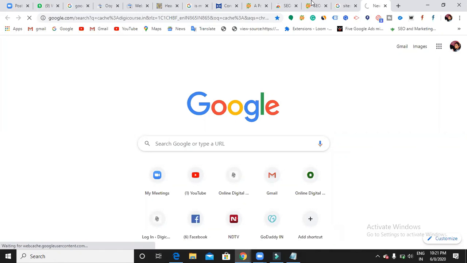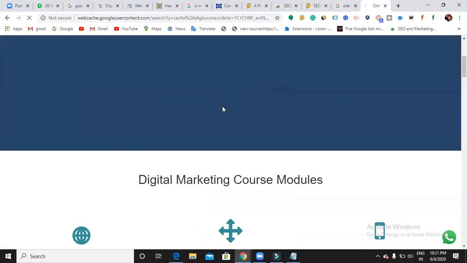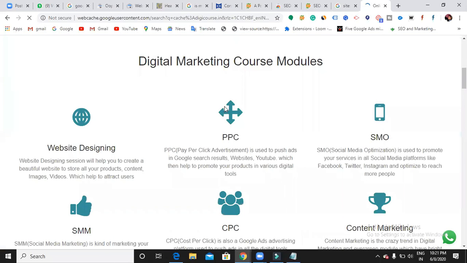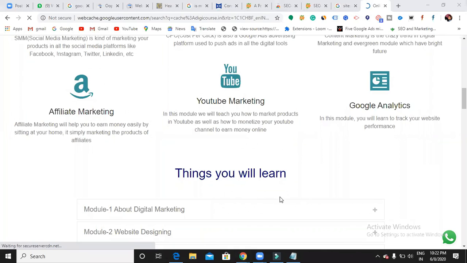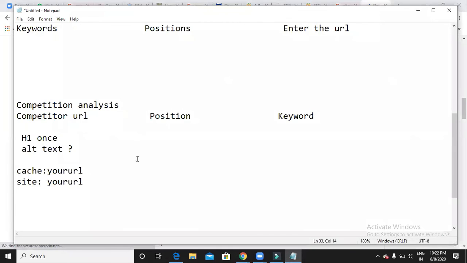So now can you see, when I search with the website.com, it is showing me that it appeared on 7th June 2020. Can you see now? It is showing me the date as well. So when Google has visited my website for the last time, you can simply find out, okay, Google has visited my website yesterday. These are the two things that the interviewer is mainly going to ask you. Just remember it. Once you finish this SEO module, you need to write an examination. In that examination, these two things will definitely come.